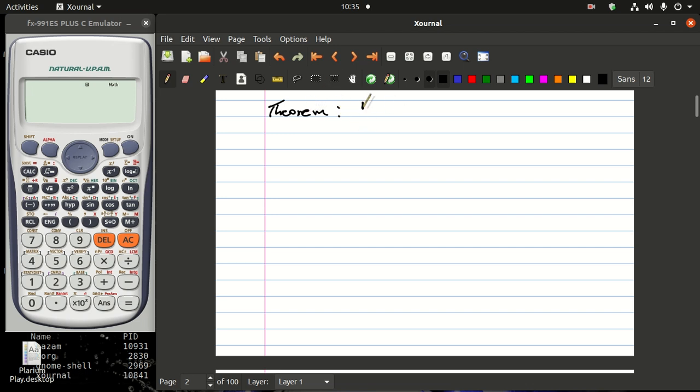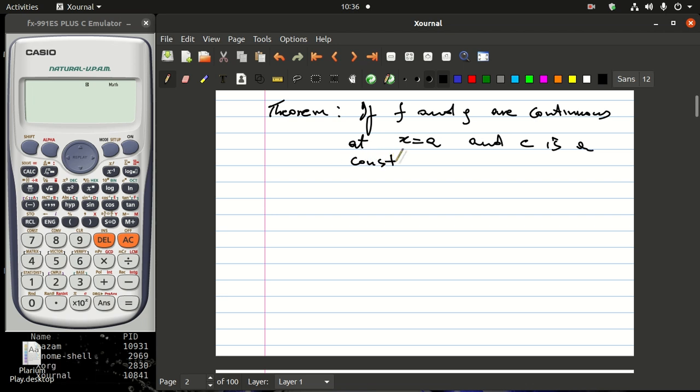We said that if f and g are functions, and these functions are both continuous at x equal to a, and c is a constant, then